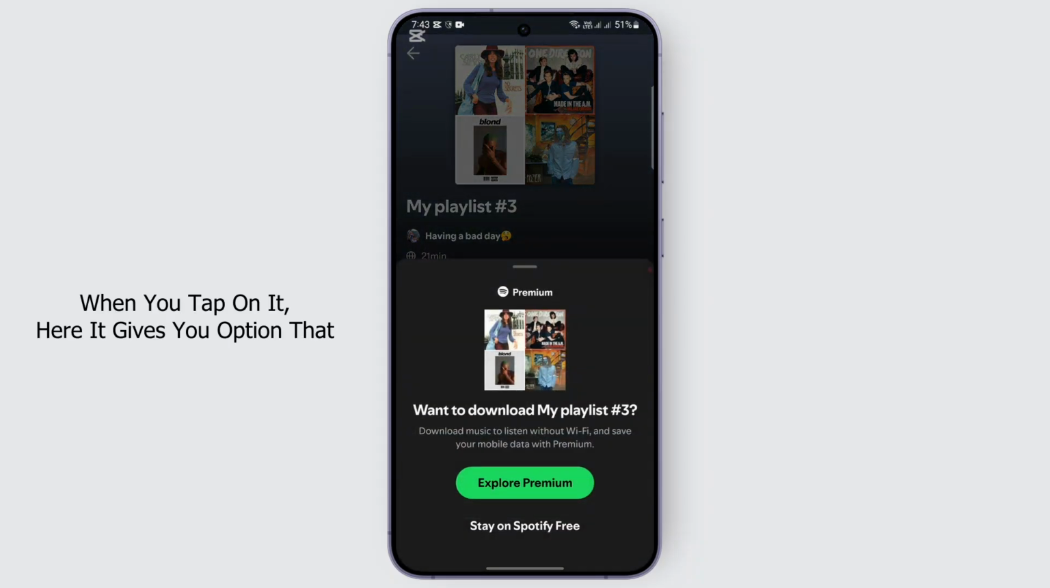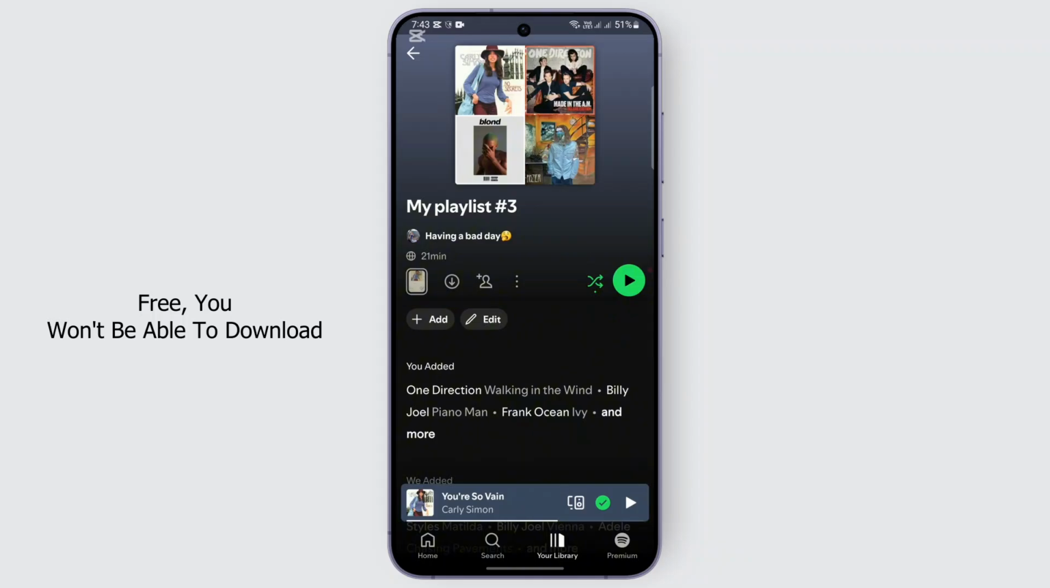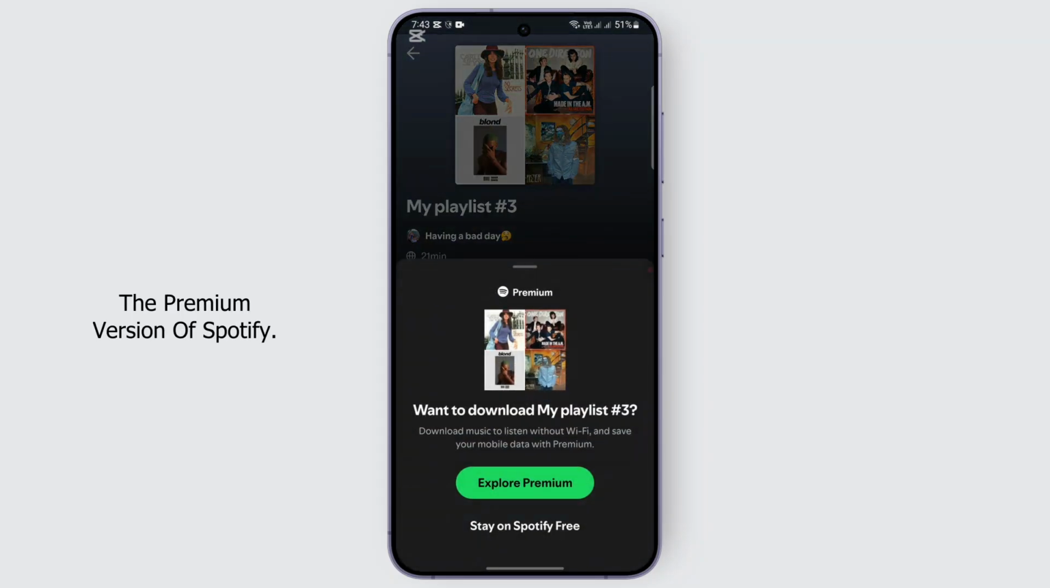And when you tap on it, here it gives you the option that in order to download music to listen without Wi-Fi, to save your mobile data, you need to go ahead and explore the premium version of Spotify. So unfortunately, if you're trying to download songs on Spotify without premium, like tapping on stay on Spotify free, you won't be able to download the song. So you need to go ahead and purchase the premium version of Spotify. So go ahead and tap on explore premium,